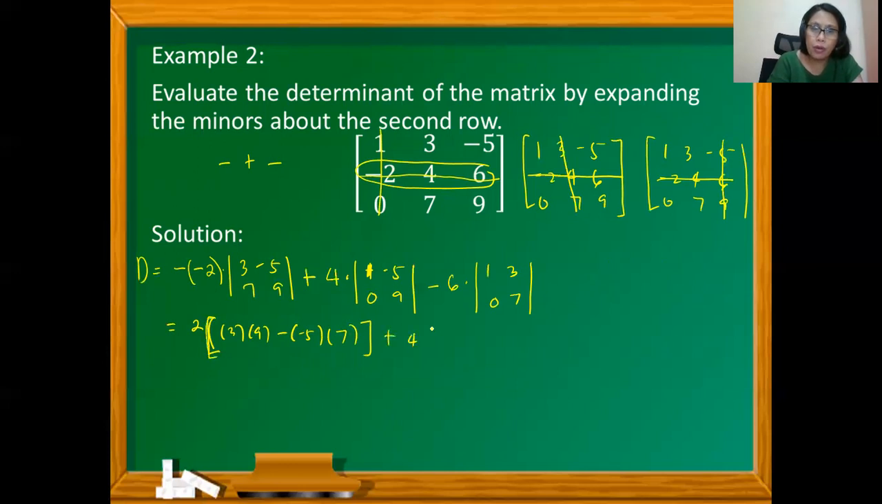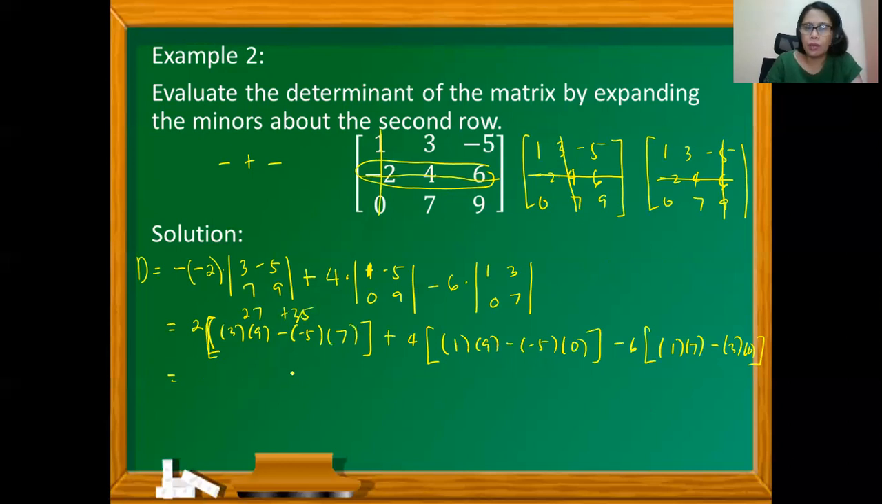Plus 4 times, this is 1 times 9 minus negative 5 times 0. And then minus 6, we have 1 times 7 minus 3 times 0. And then we have, this is 27 and this is plus 35. Okay, so we have 27 plus 35, 62. So this is 2 times 62